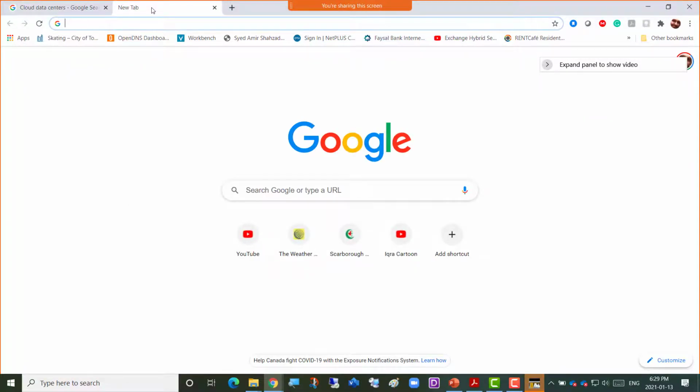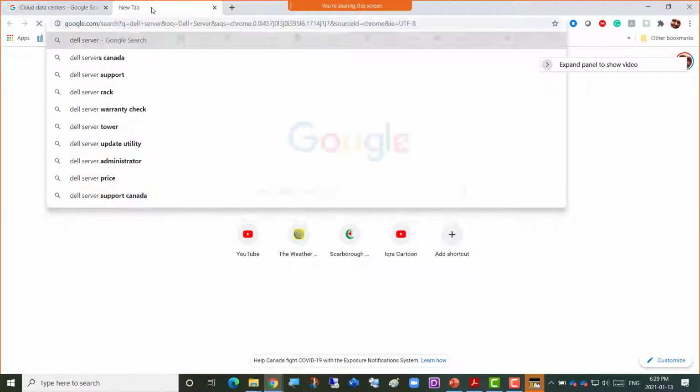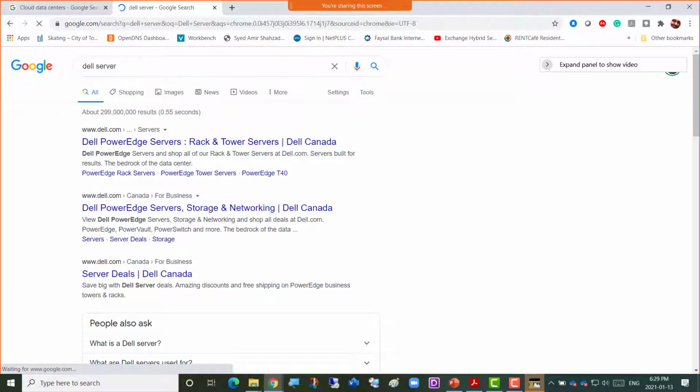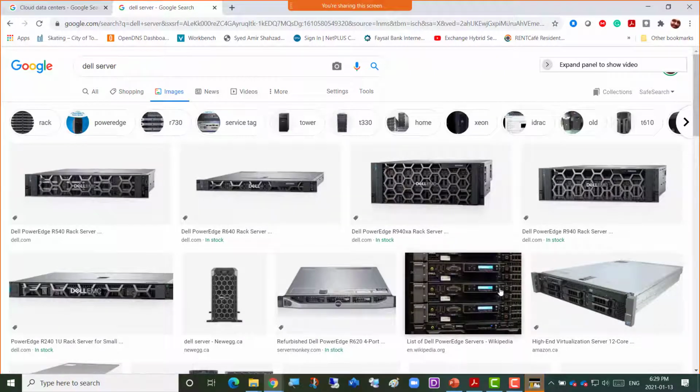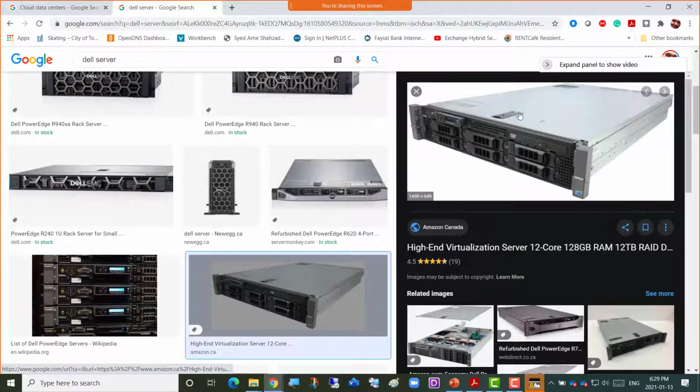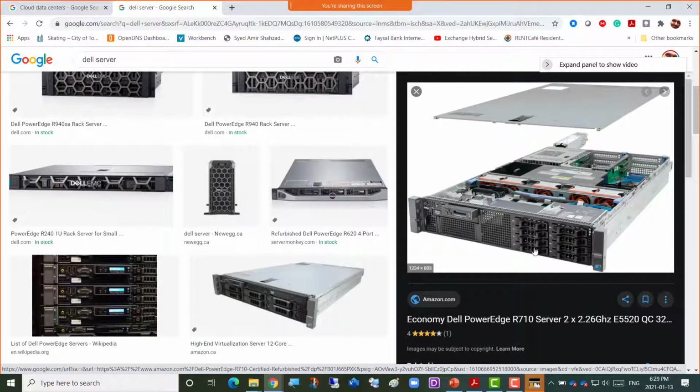If I search for a Dell server and go for a picture, it's always better to understand when we see a picture. I'm sure you've already seen what servers look like, but this would be one physical server. So when we say cloud is somebody else's data center, that's a huge building.